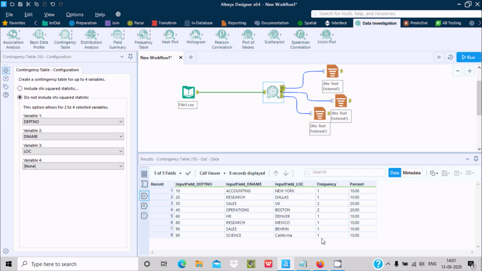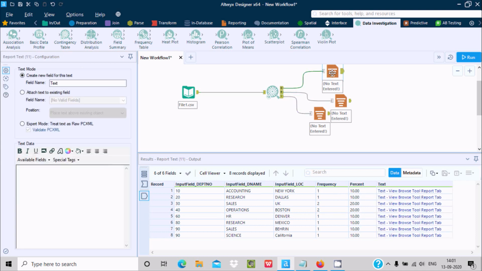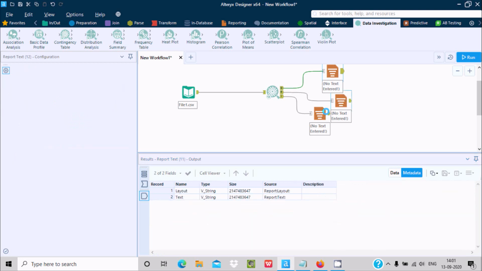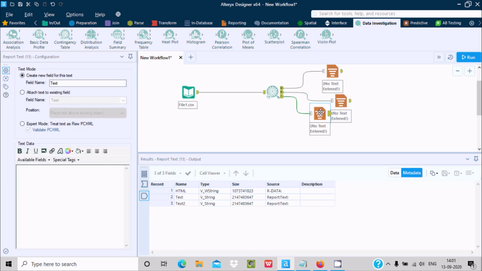You can see all are unique, while 30 and 40 are duplicates, so the percent displays 20 and the frequency 2. Now you can see all the reporting, and you can check the metadata: DPT, dname, location, and all these things. So that's why we use contingency tables: to display frequency and percentage on the field.